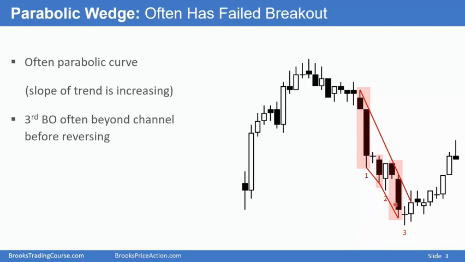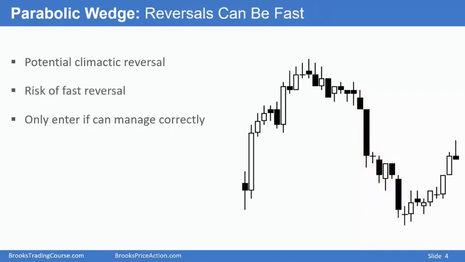Third push often breaks below the bottom of the channel before reversing. I could have drawn the line here connecting point 1, point 2, point 3, and the third breakout fell below the bottom of the channel and then reversed. That's another way to document how it's parabolic, how it's increasing its velocity downward. Anytime you have a parabolic wedge or parabolic series of buy climaxes here, 1, 2, 3, or sell climaxes, 1, 2, 3,